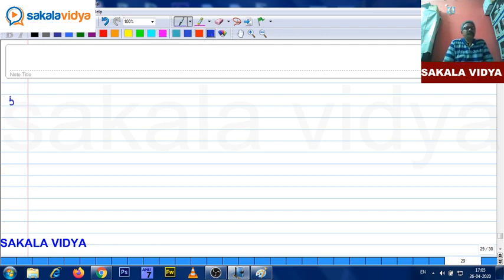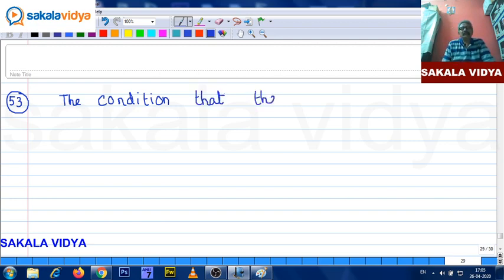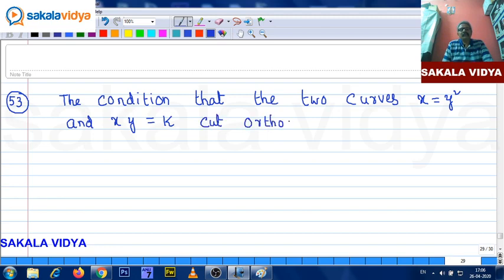So 53rd problem. The condition that the two curves x is equal to y square, and xy is equal to k, cut orthogonally is